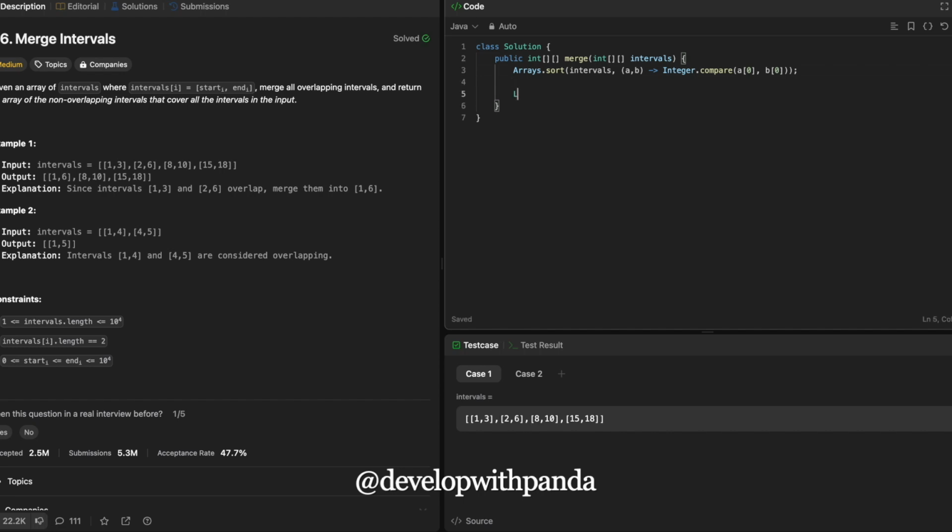Then we will declare a list, mergedIntervals. Now we will declare a variable currentInterval and initialize it with the first value of intervals, and we will add this currentInterval inside mergedIntervals.